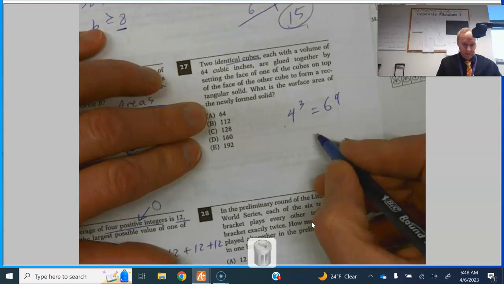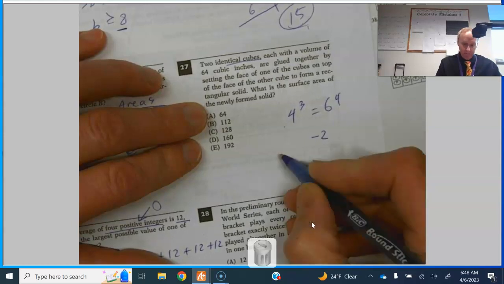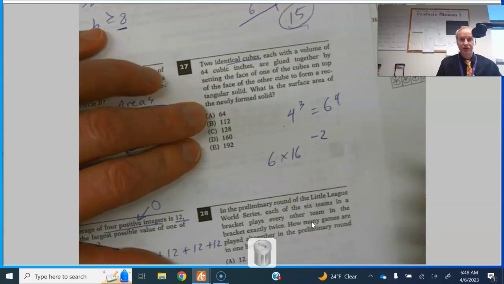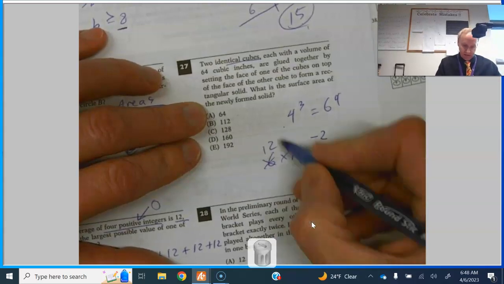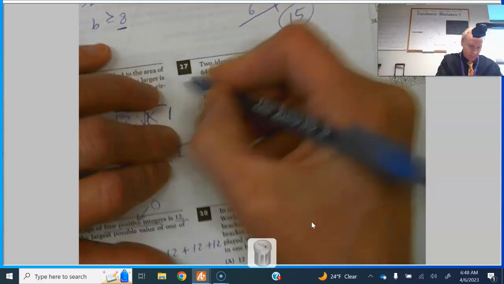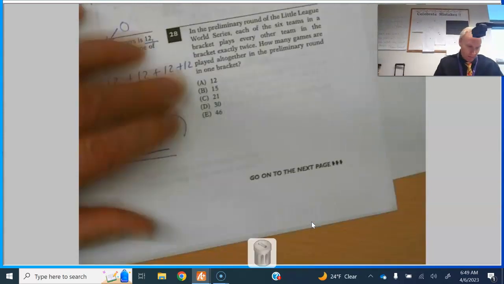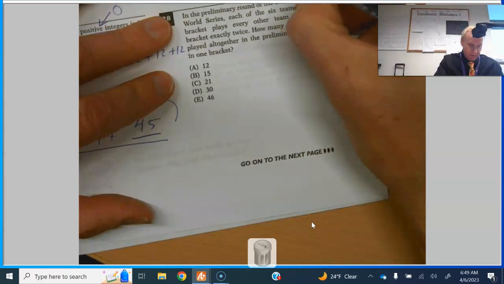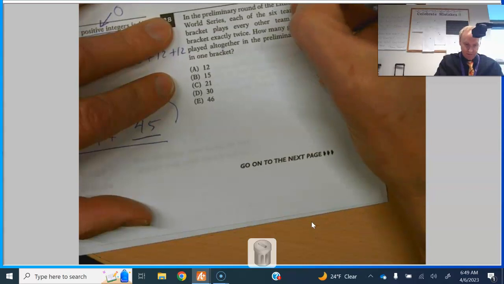So what's going to happen is you're going to miss 2 surface areas that are going to get glued together. And they both have 6 sides, and they're all 16, and you've got 2 of those. So we're looking at 12 by 16, but 2 of them got glued together. 10 by 16 makes 160, and I'm pretty sure. I would say probably double check on that one. All right, if you need the picture, it's this, and then there's another cube on top, and the surface area is going to be all of the faces except for the 2 that are touching, that are glued face to